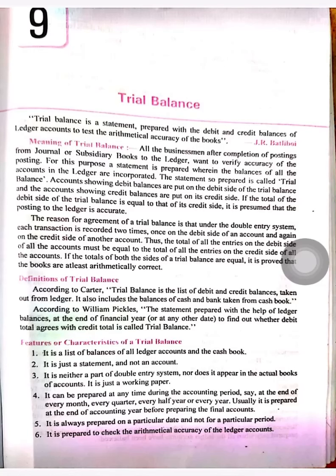Today we will discuss a new chapter named Trial Balance. As we have discussed earlier, in our accounting process, first of all we prepare the rough book. We don't need to know the method because there is no method of preparing a rough book. After that we will prepare the journal. The journal is prepared daily in chronological order. Then we prepare the ledger. And after the ledger, we prepare the trial balance. Okay. So let's discuss the trial balance.